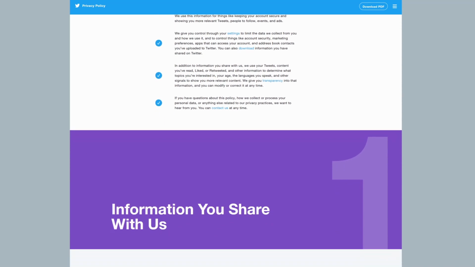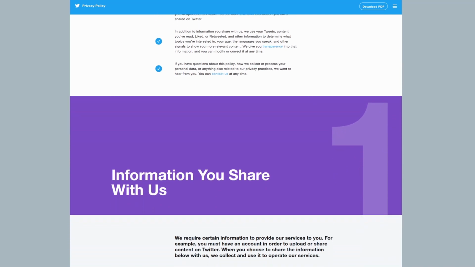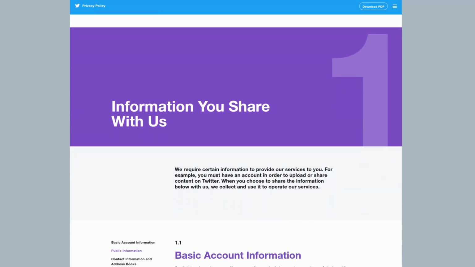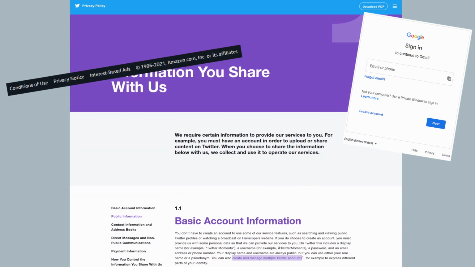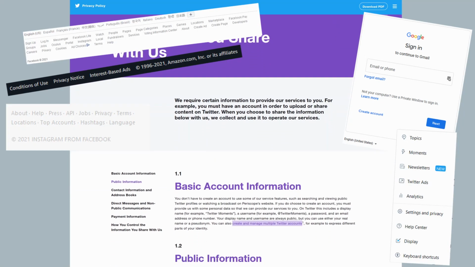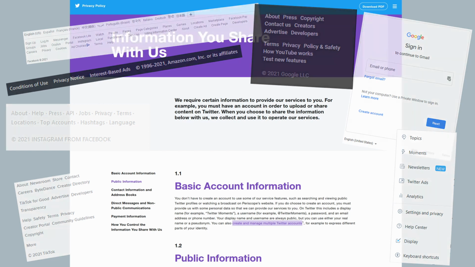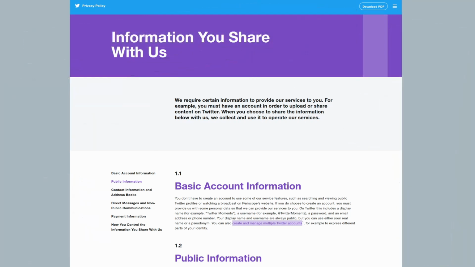To begin, you may have seen the words privacy policy, terms of use, or cookies in the footer of a website. Similar to these examples from Amazon, Google, Facebook, Twitter, Instagram, TikTok, and YouTube. I would suggest taking a look at these documents as they outline the rights you have as a user on their respective platform. Our focus today is really only about privacy policies, so let's review Twitter's stance on data collection,